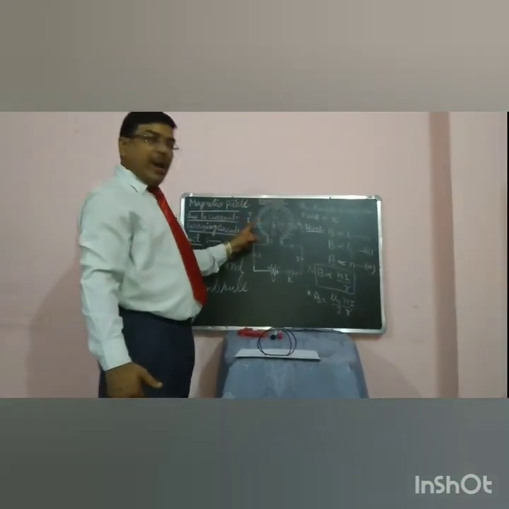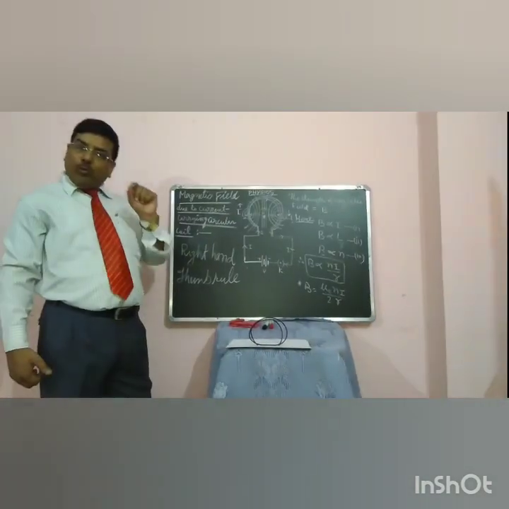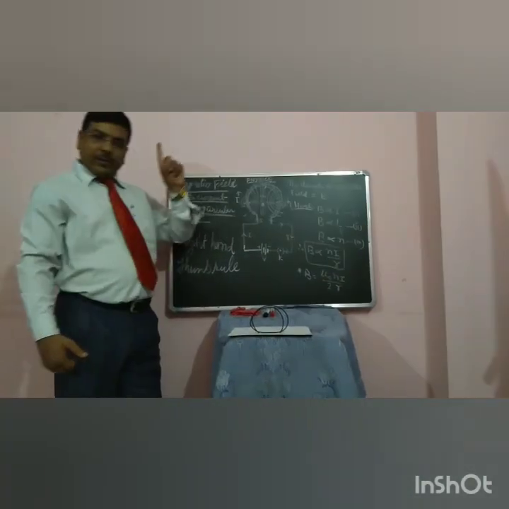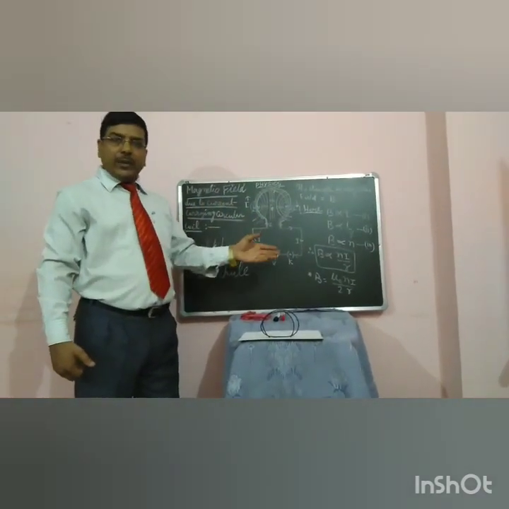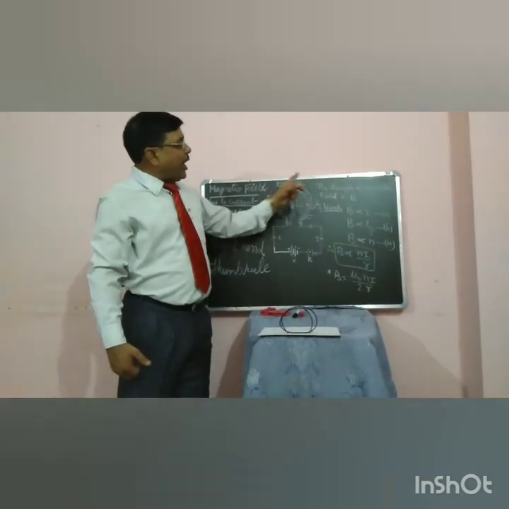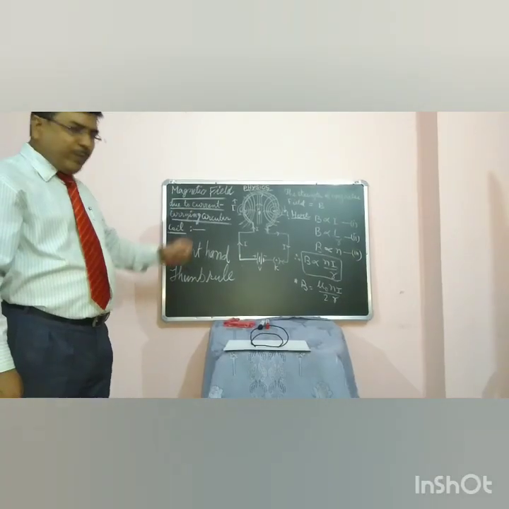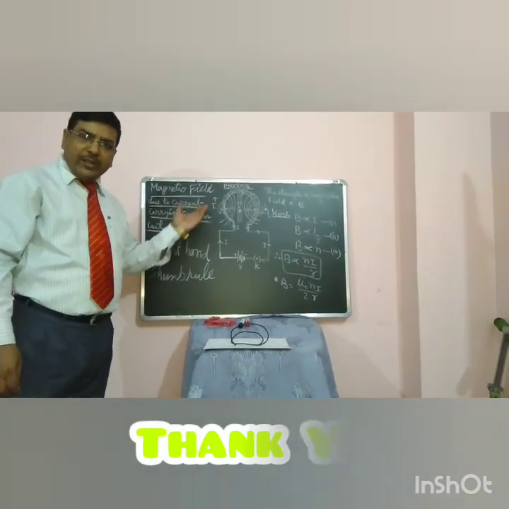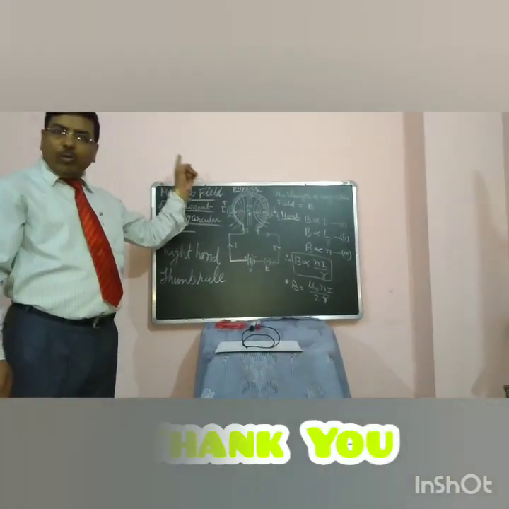Around this, the magnetic field is produced. Once again, if the terminals get reversed, the polarity of the current carrying circular coil becomes reversed, and it will behave as a magnet as long as the current flows. I hope that this will help you to increase your knowledge of magnetic field lines produced due to a current carrying circular coil.